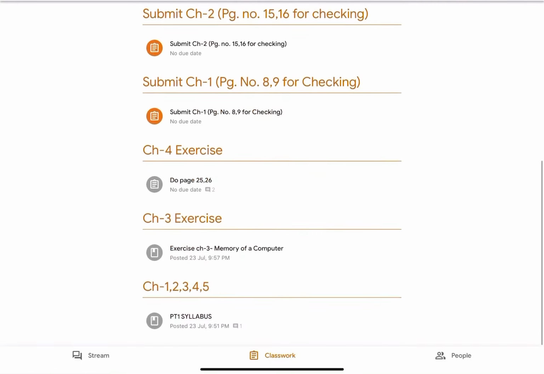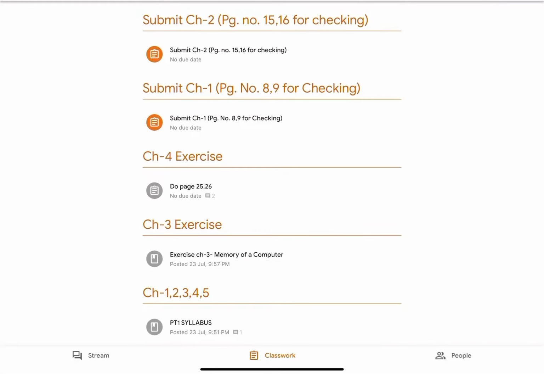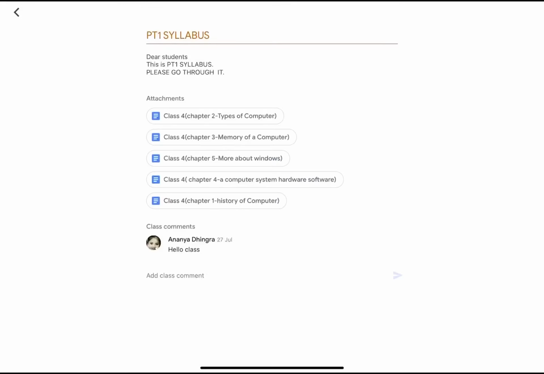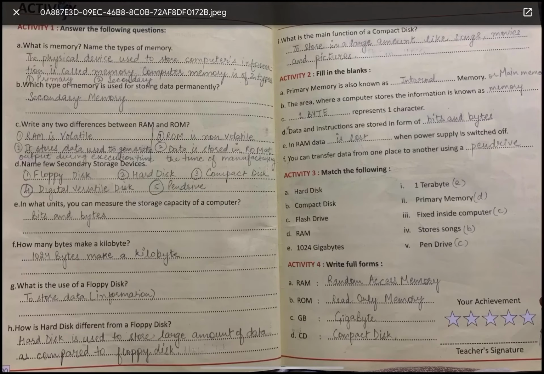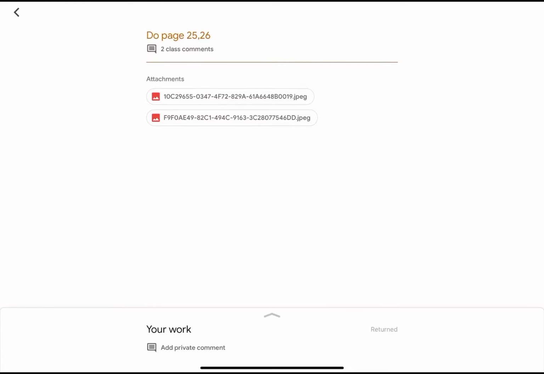In this you will see the exercise. For example, chapter 1, 2, 3, 4, 5. In this it is showing all the chapters. Check the other posts to see what is the work that has been done in the class. So here it is. So in this way you can complete all the exercises which a teacher has uploaded with